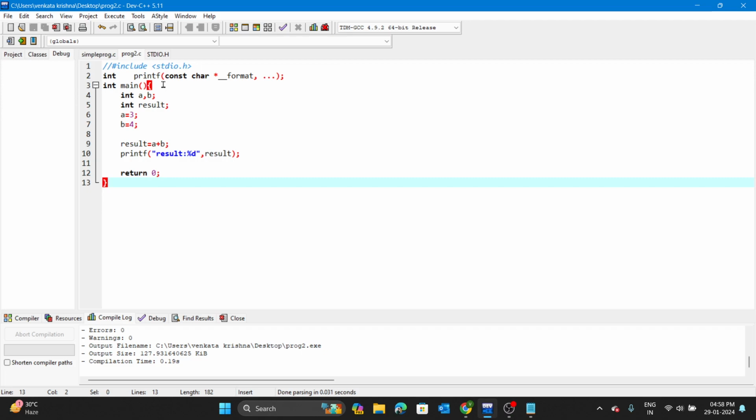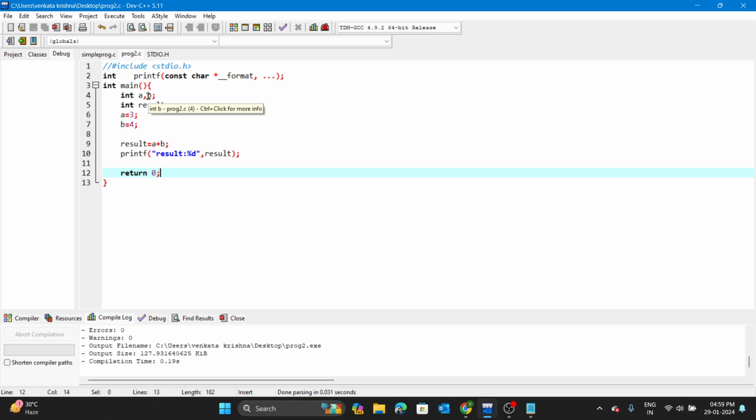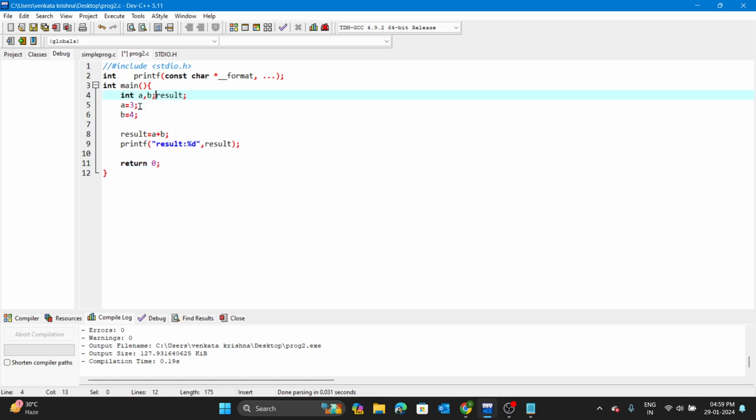Here we have written main function. Inside the main function, whatever logic we implement will work out. We have discussed that also in the previous video in detail. And inside the main function, we have declared two integer variables along with another variable. Instead of writing like this, we can include them in a single line by using comma as a delimiter. And I have stored